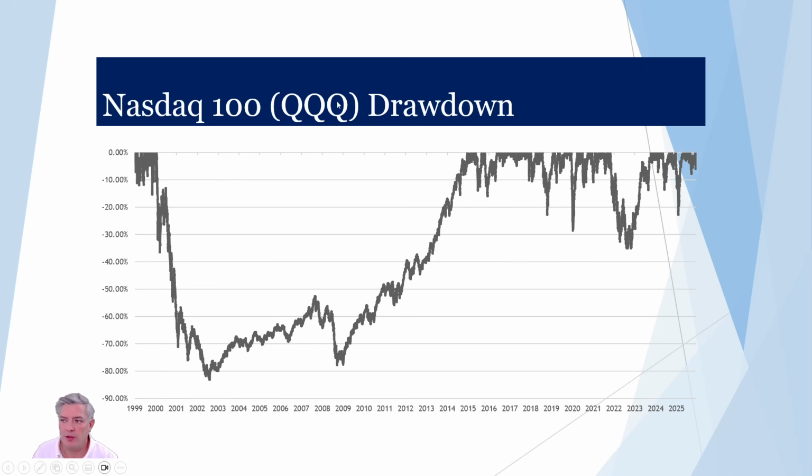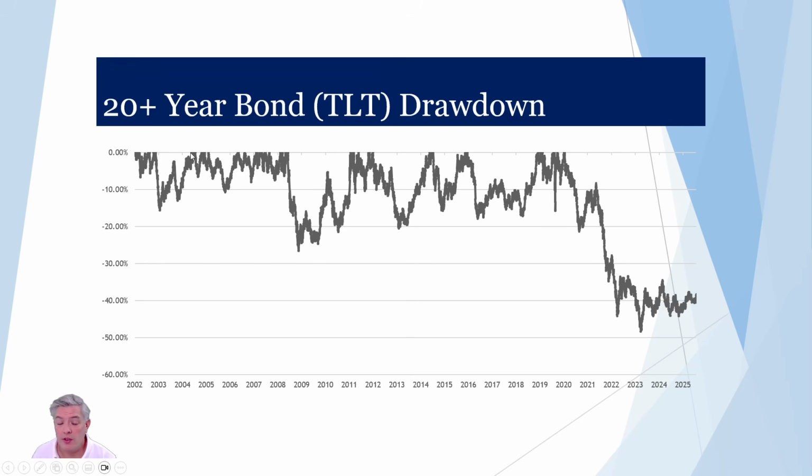So the NASDAQ 100 Triple Q ETF, if you had bought this in the year 2000, you would have experienced an over 80% drawdown. So from where you got in to the lows, you would have been down 80% on your money. And it took basically from the year 2000 until about 2015 or 16 to get back to even. So that means you had an 80+% drawdown that lasted for 16 years. Nothing to scoff at.